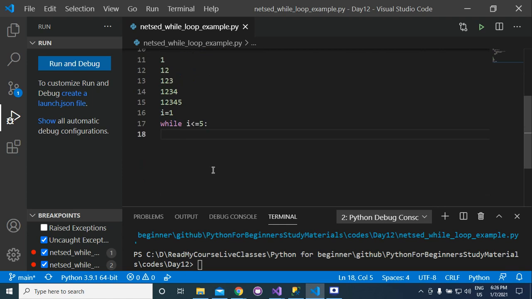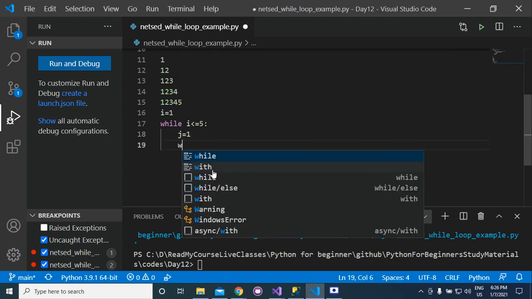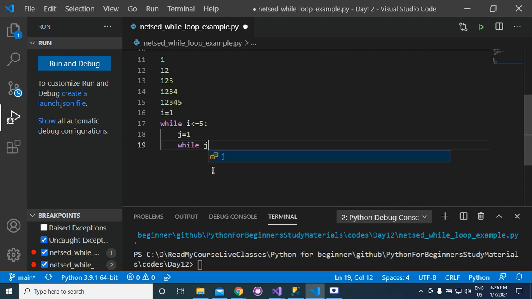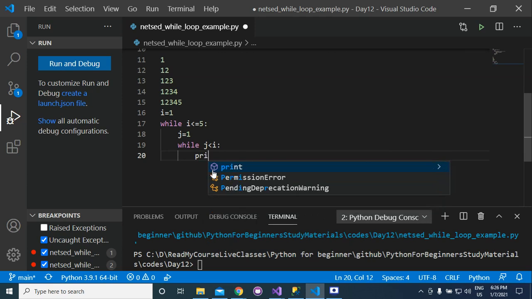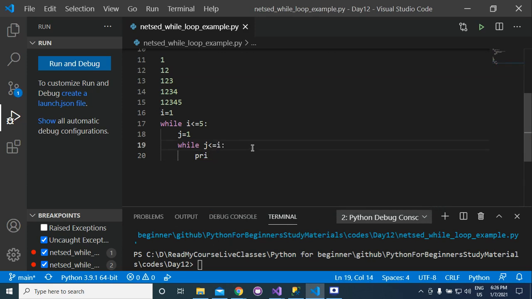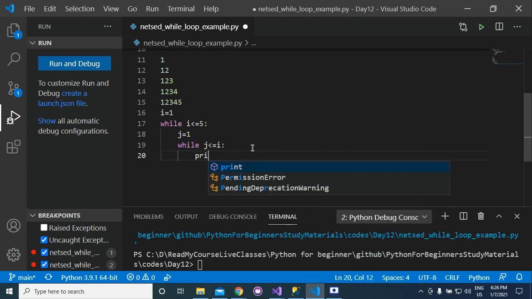Then you will start the value of j as 1. Then while j less than or equal to i,